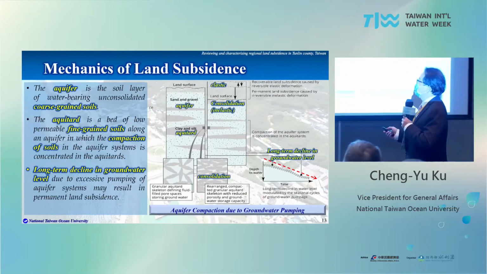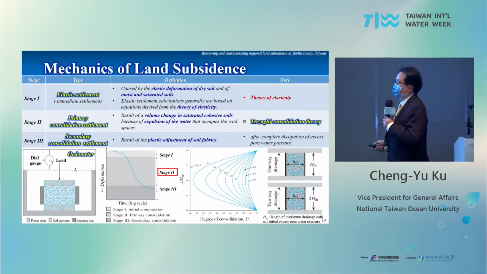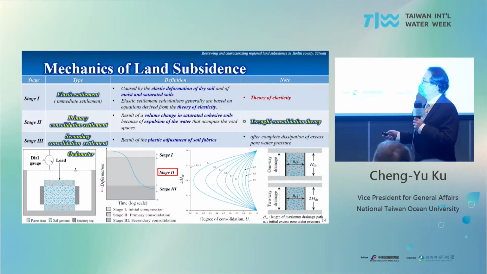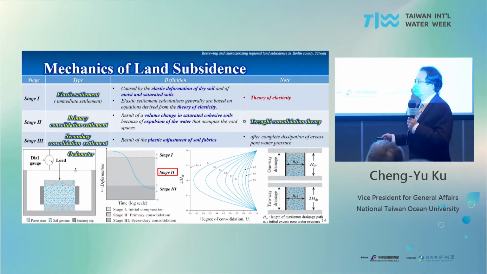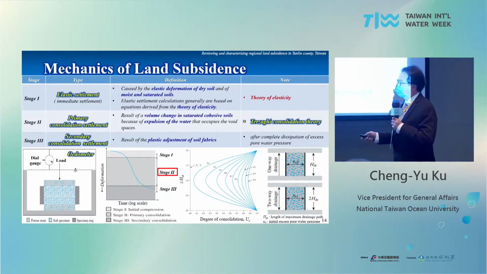The mechanics of this can be explained by this figure. This is a very famous experiment in soil mechanics. We call this instrument an oedometer. It is actually a very simple test. If we put a fine-grained soil such as clay or silt in here, the upper part is a permeable stone, and the lower part is also a permeable stone. First of all, we make it saturated. After it is saturated, we put a load, a pressure, in here, and then